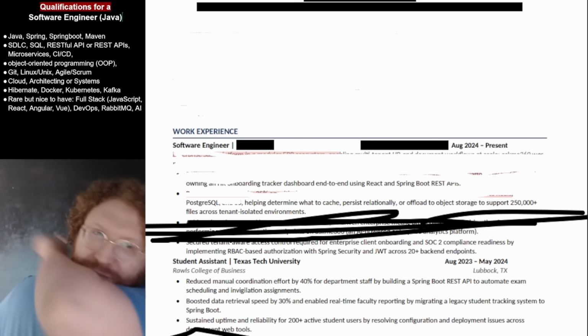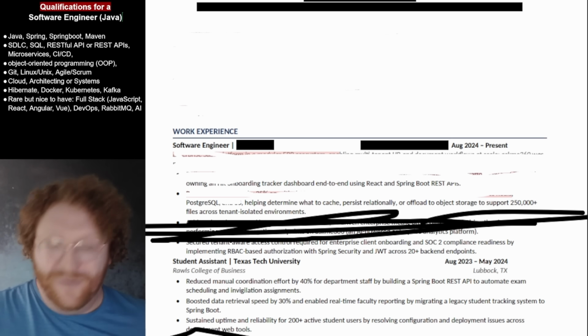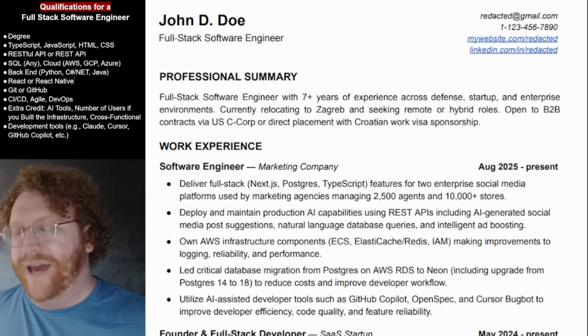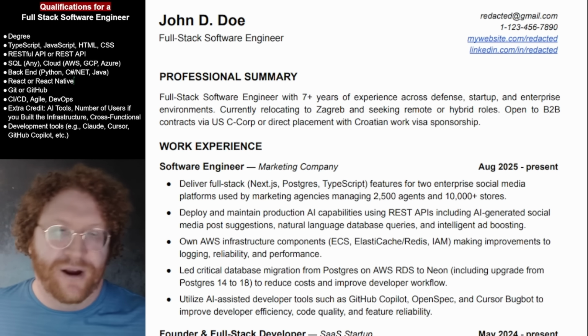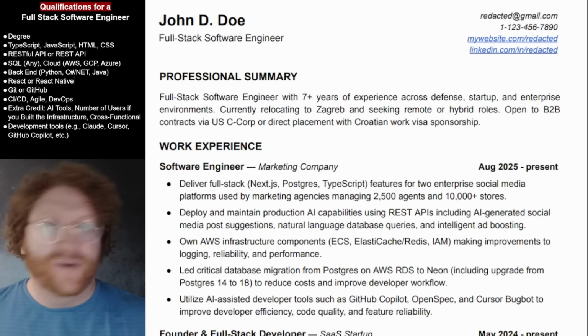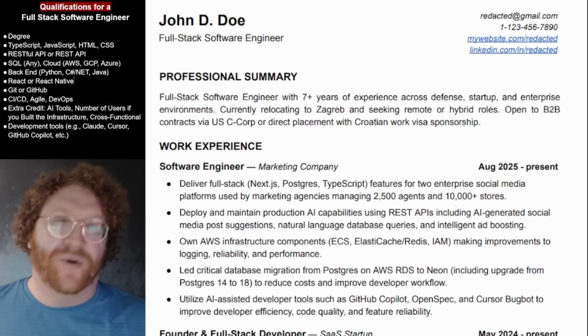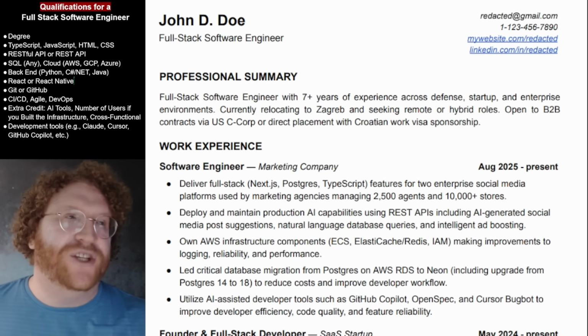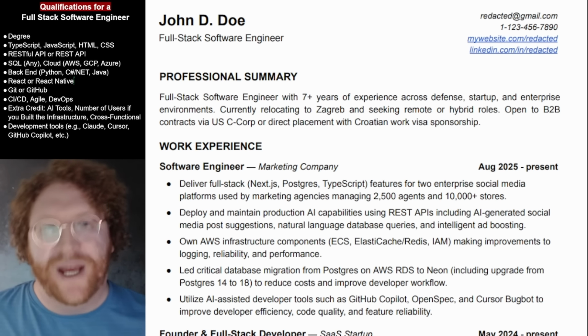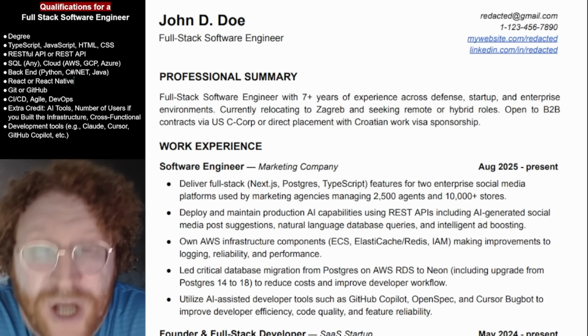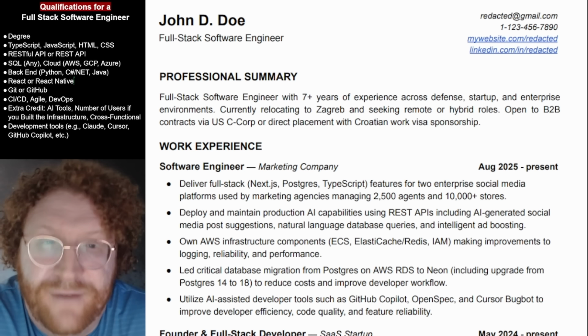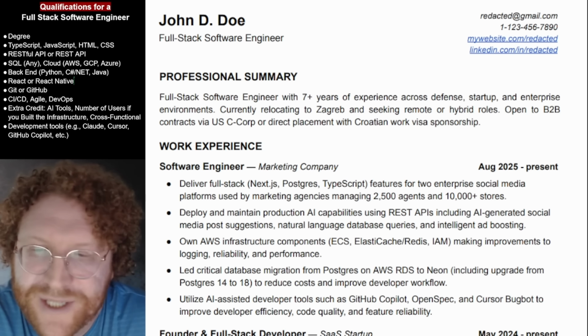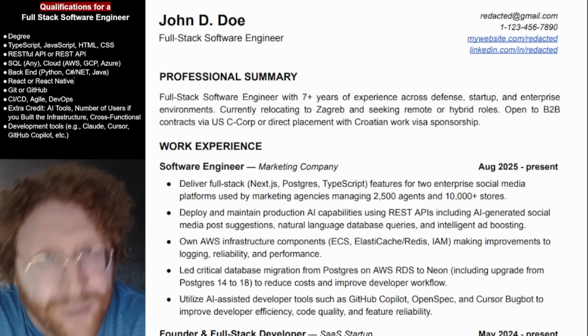But let's go to the next resume or more. This is a full stack software engineer. So what do we need for a full stack software engineer? We need degree, TypeScript, JavaScript, HTML, CSS. If you do not have TypeScript, JavaScript, HTML, CSS in the first bullet point, you are probably going to get